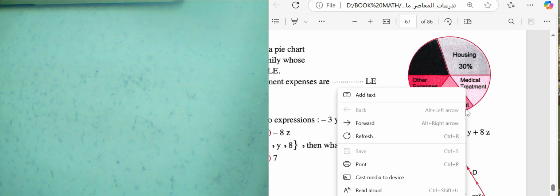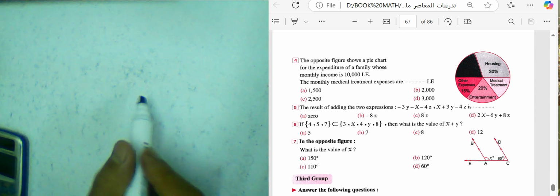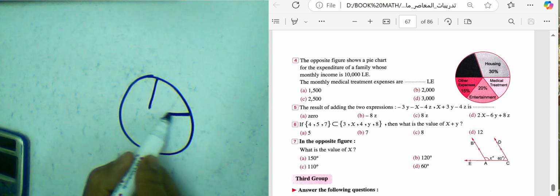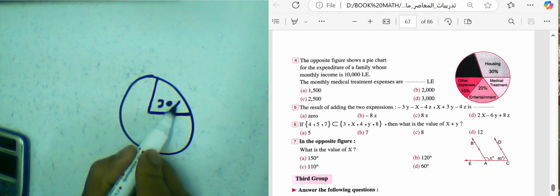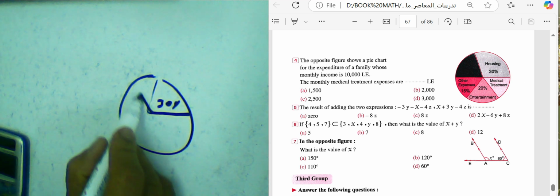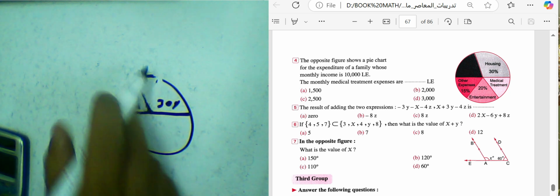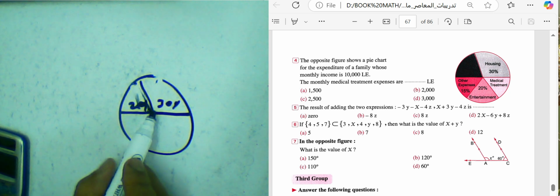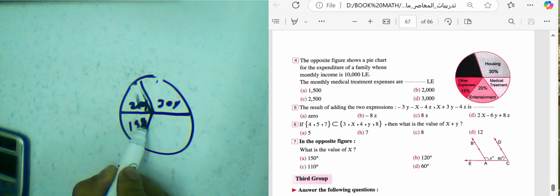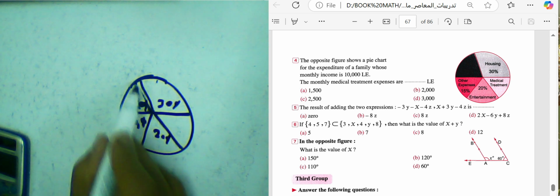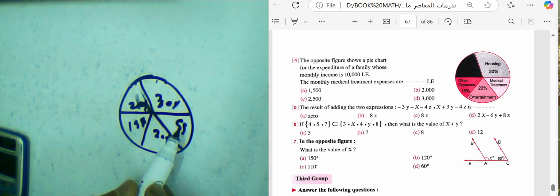It's not clear. Look at here. This part was 20%. Okay. We have here 30%. And this part 20%, okay, and this part 15%, and this part 20%. We can find the percentage here by writing